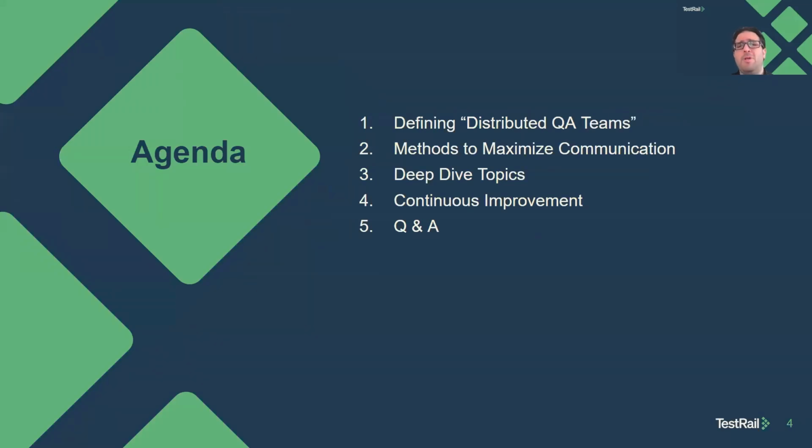We'll talk about distributed QA teams, or the concept of software testing in distributed, hybrid, remote. There's a lot of concepts around what that means, so I'll define it, or at least give my take on it. We'll talk about methods to maximize communication. It's a really big area whenever you have teams distributed across regions, globally, on-prem, hybrid. It's all different types of work models now. So we'll get into a lot of details around that, and give some clarity on how we can maximize the work model and not lose communication and have it break down, which is not good.